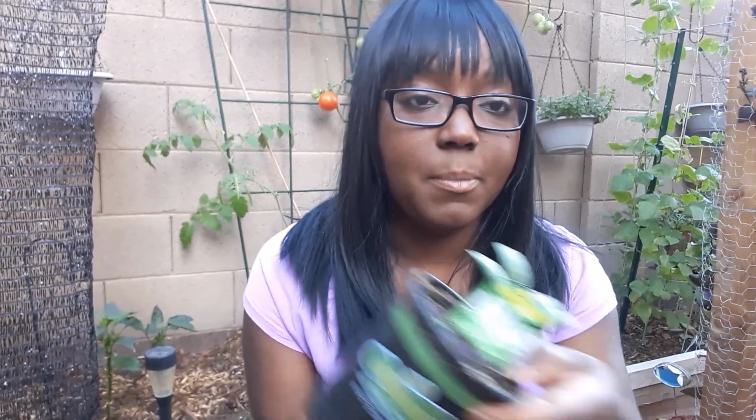Now, one of the best things to recycle are old containers that you get at the garden center when you buy starts. Now, a lot of people, especially in my case, if I want to buy something that's maybe just 1 or 2, or I wasn't able to start enough stuff indoors because I don't have a giant starting space inside my house to start seeds, I might buy a couple of pots or a couple of plants that have pots attached to them. So this makes it to where then